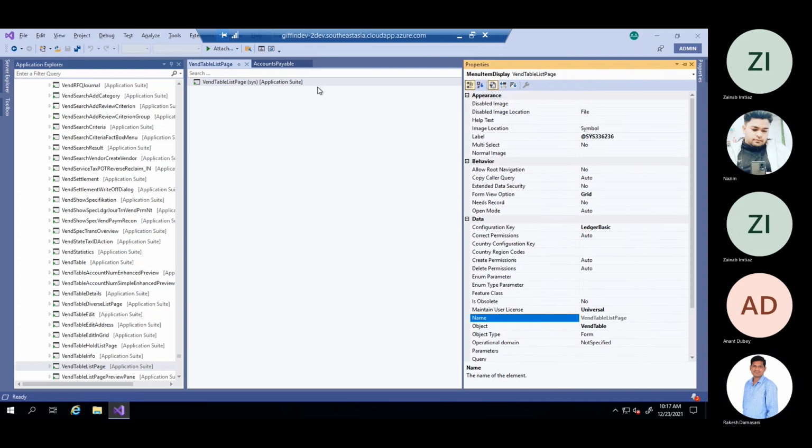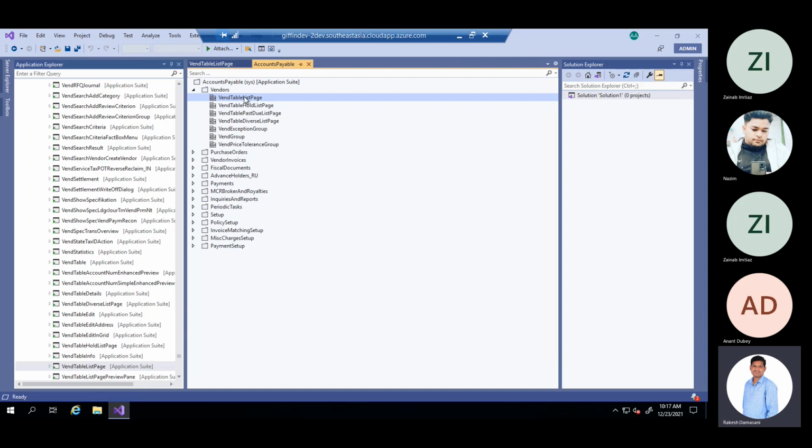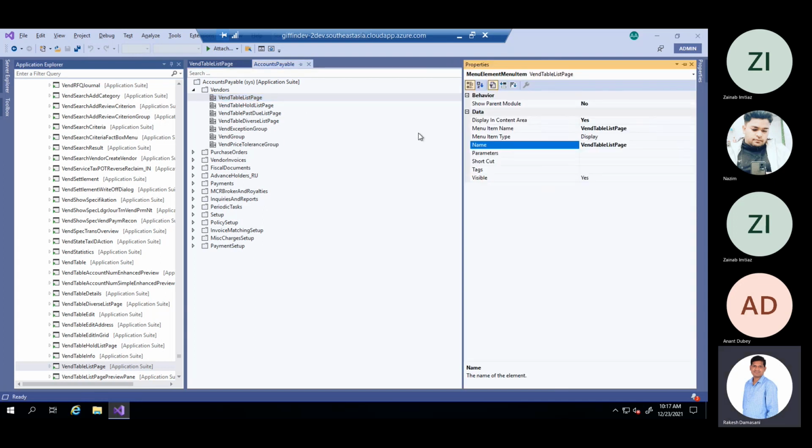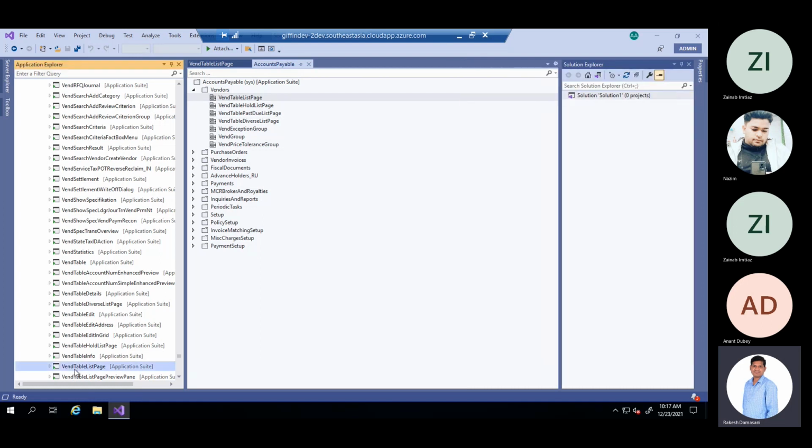Earlier we tried to identify what is this when table list page. We identified it as a menu item type of type display and the name is when table list page. Okay, we got the when table list page. We went to when table list page and we are trying to identify what is this.